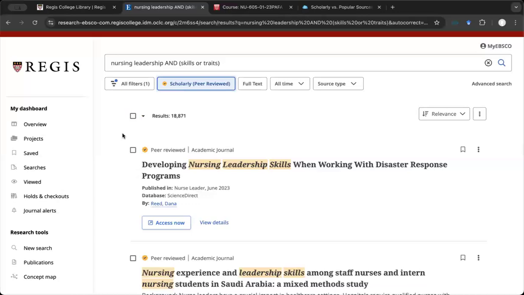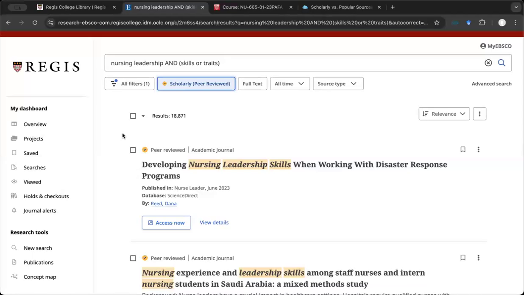Now, there are some articles in scholarly peer-reviewed journals that are peer-reviewed, but they may not be the level of article that your professor is looking for. If you hear them refer to graduate level research, they want you to look for articles that are essentially producing their own evidence. It's original research. They're conducting their own study, as opposed to a review article, which is using others' evidence, others' studies to formulate